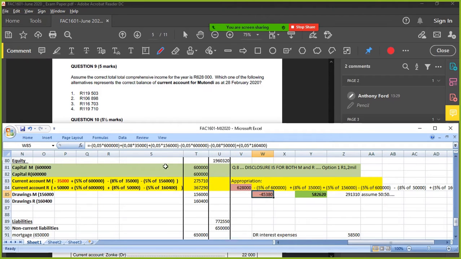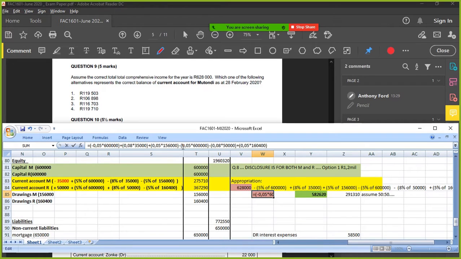Okay, let's check this figure. Is this 5%? Oh, hold on. Maybe this minus is a problem. I think the minus needs to go there. There. Minus 5% of 600,000. Plus 8% of 35,000. That's correct. Plus 5% of 156,000. That's correct. Then I've got